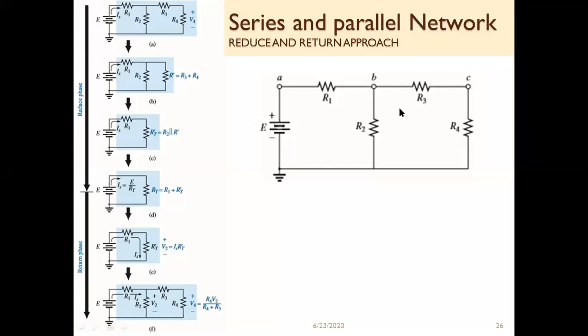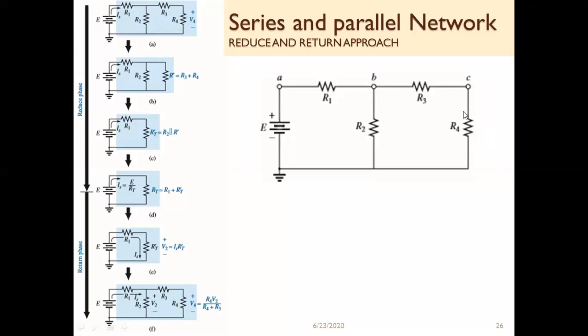which is the combination of series and parallel network. So you can see over here that R3 and R4 are in series to each other, and then these two are in parallel to R2. So what we do in reduce and return approach, first we reduce the circuit such that if there is any